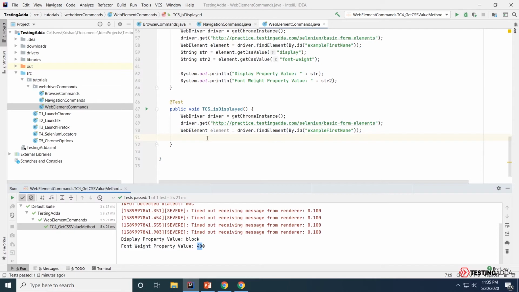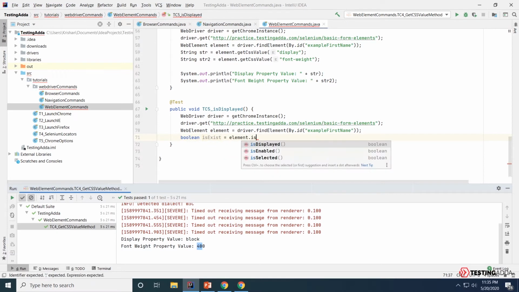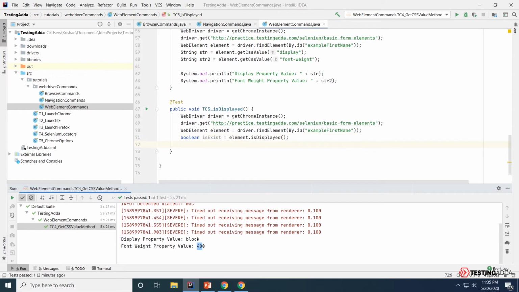So boolean isExist equals to element dot isDisplayed. Before executing, I'll print the value: does the element display on web page, and print isExist.